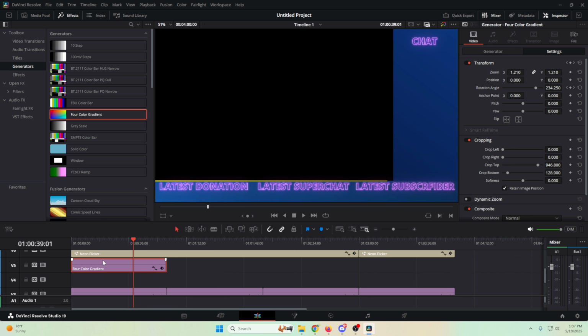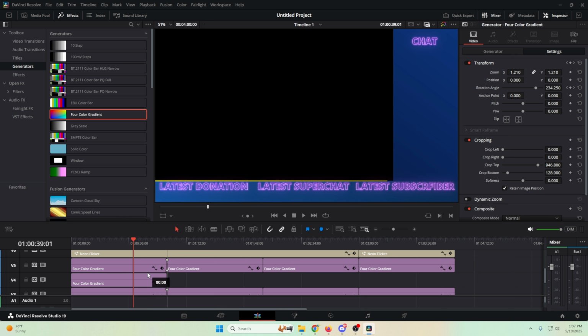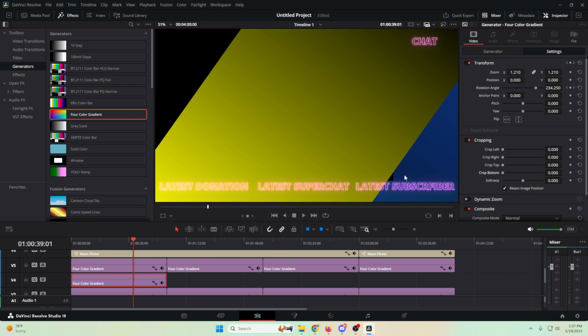So we're going to go ahead and take that. We're going to hold the Alt key and we're going to stretch this over like this, and there we go. And what I'm going to do now, I'm going to hold the Alt key and drag it down here, and then what we're going to do is modify it just a little bit. So we're going to move those gradients back like that,